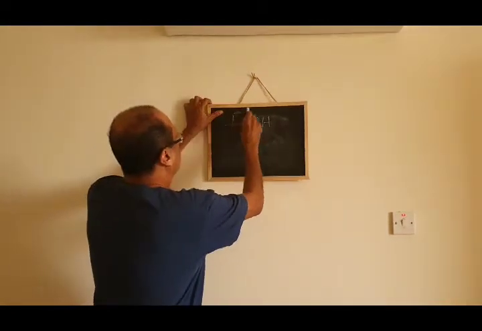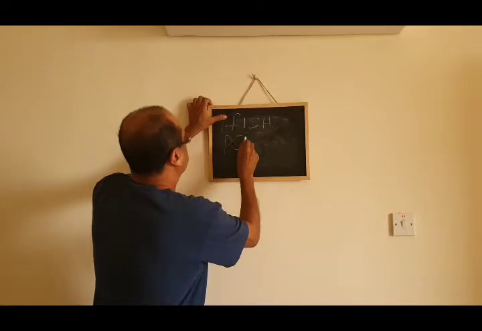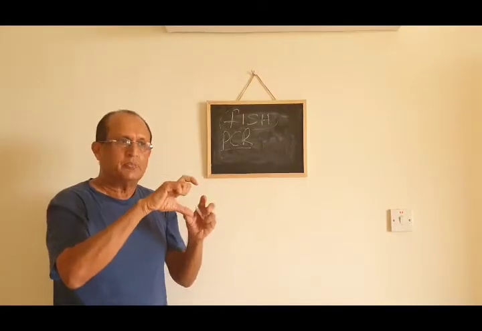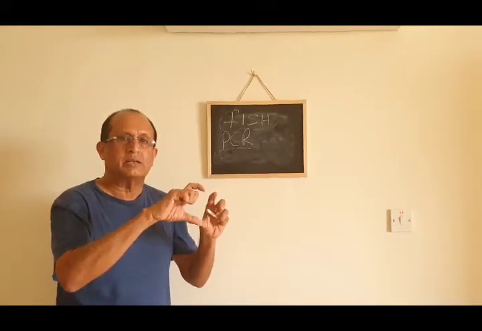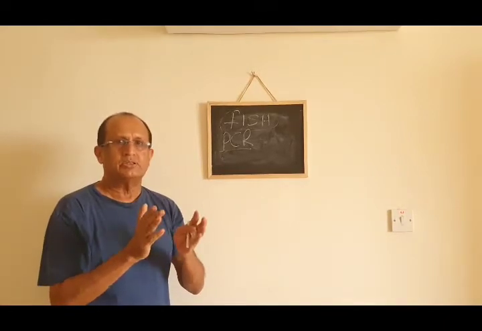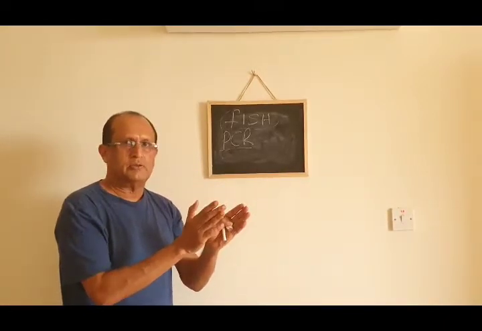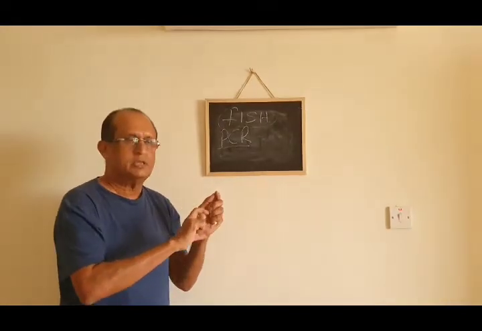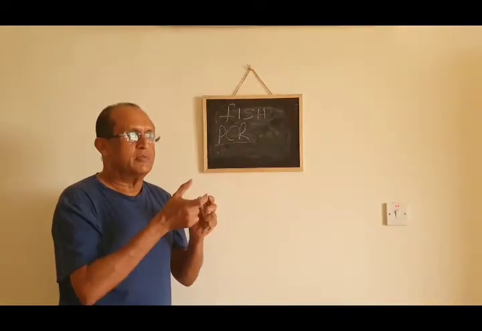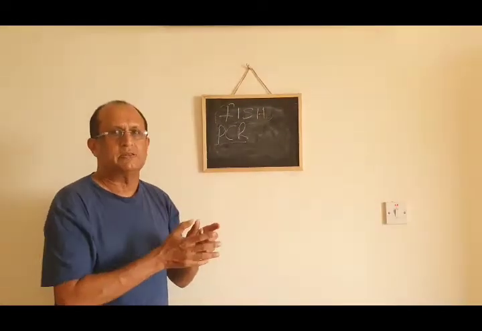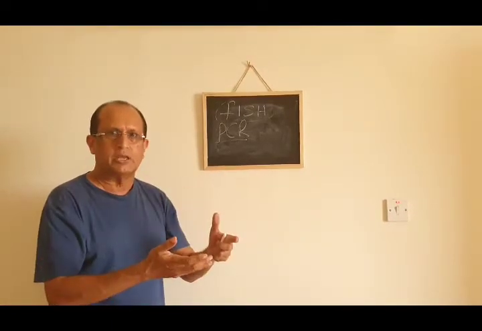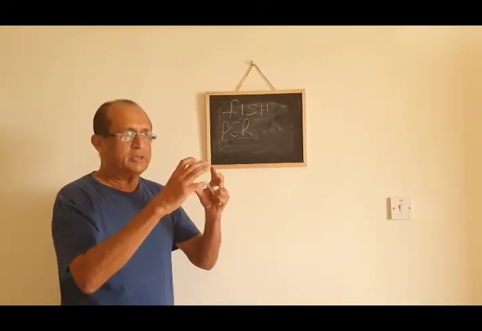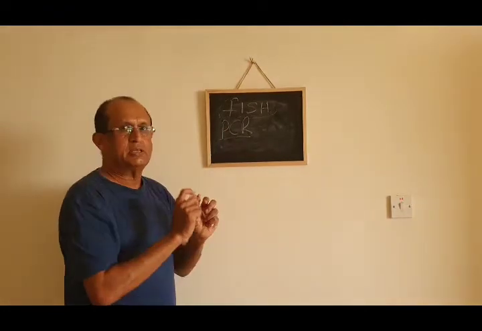Now, after the FISH is done, then you will confirm again by PCR. PCR and FISH are almost the same, but PCR is more concentrating on the abnormal mRNA transcript of that particular gene. For example, in CML, you have found by the FISH technology that the BCR-Abelson rearrangement is there on chromosome number 22. Now, by the PCR technology, you are going to find out the mRNA transcript of that particular gene. Because that abnormal gene is going to produce a protein, and to produce that protein or enzyme, there should be an mRNA transcript. That transcript will be detected by the PCR technology.